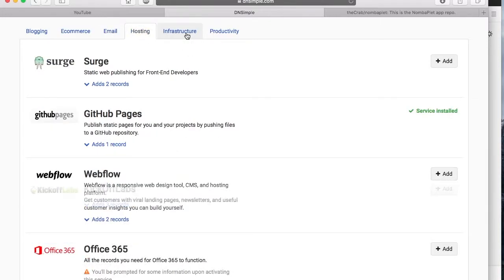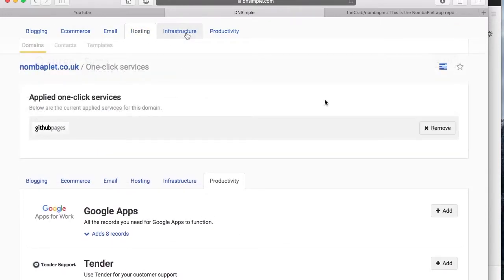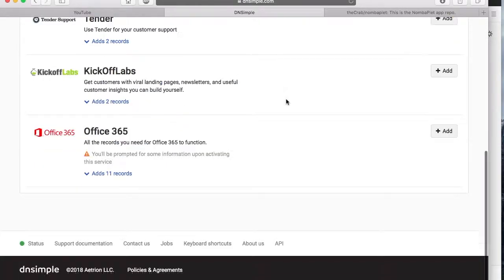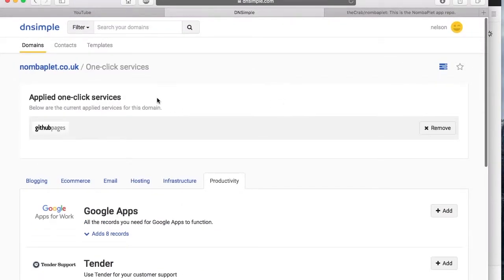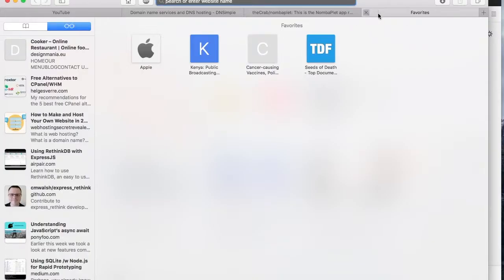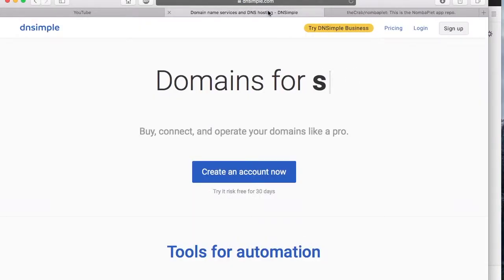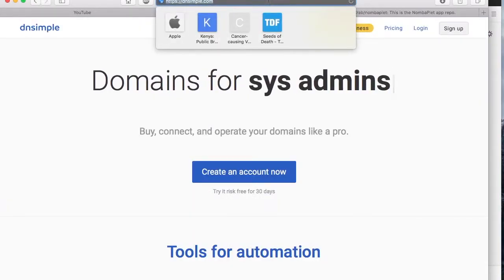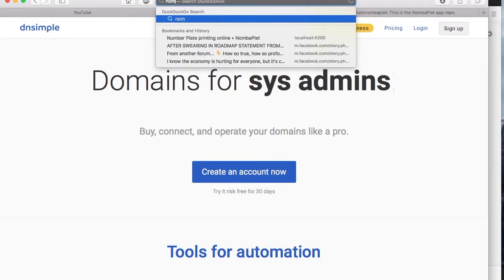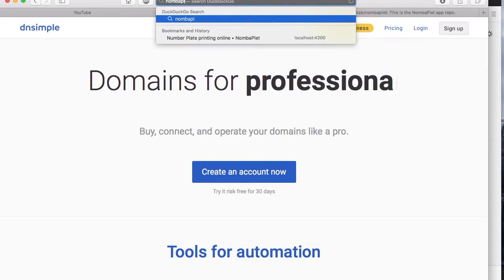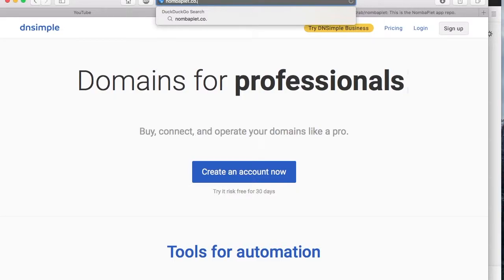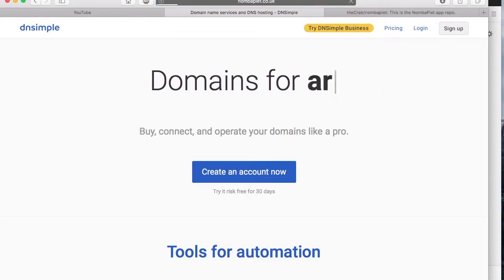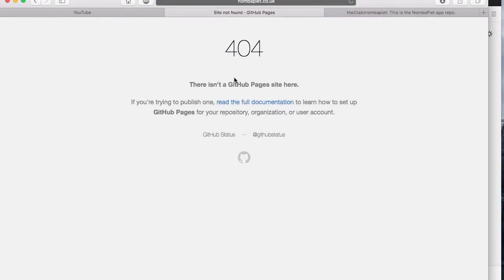Our website is gonna go live. Bit of checks and balances to go. Anyway, that is finished there. So while we are at that, let's check numberplate.co.uk. See, it's going to GitHub, but we don't have anything to redirect it there. So